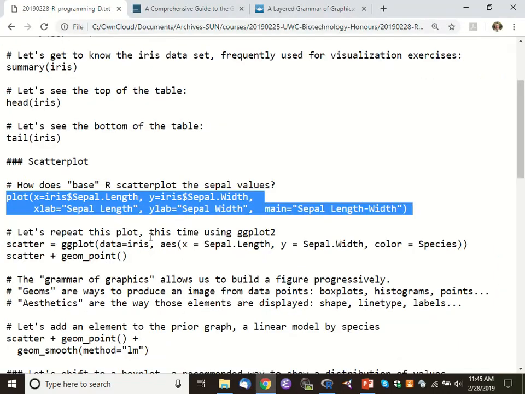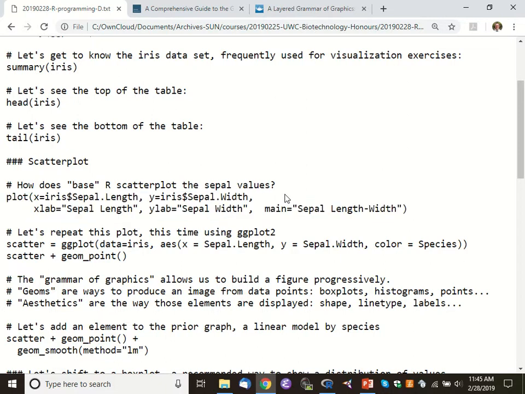Let's look back at this. Did we include that anywhere here? We did not. Okay, as a result, R took a look at what the range of values were that appeared in iris sepal length and the range of values that appeared in iris sepal width, and from each of those inferred what would be an appropriate range, what would lead to all of those data points being on there. Now, would it be possible to make this same plot in a way that does not use automatic